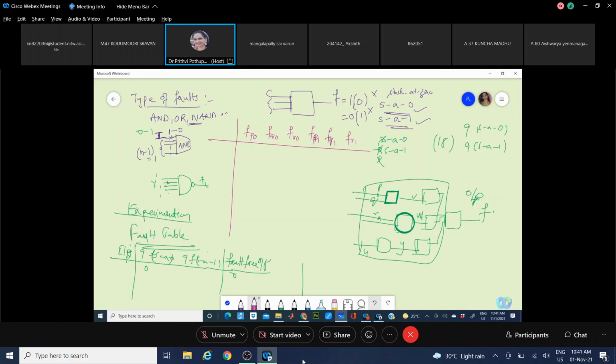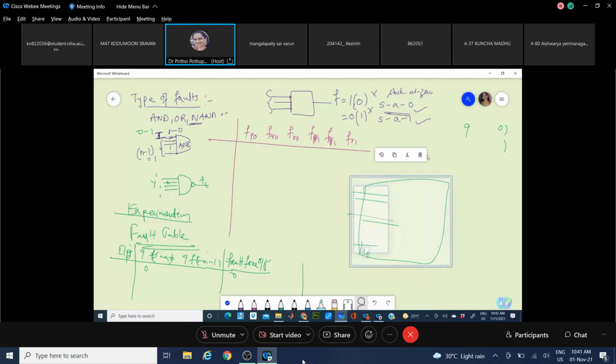Say these are the recorded values from your experimentation. What is the meaning of the values you are taking in these columns? It is your circuit response only for this line alone, with a value given or assigned to find a fault of stuck at 0.